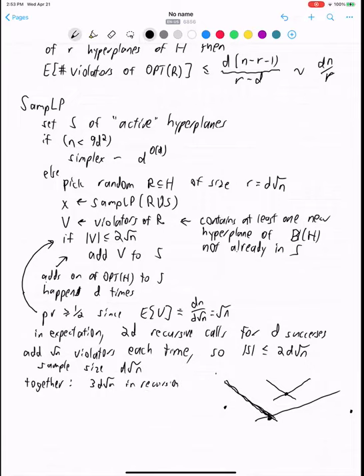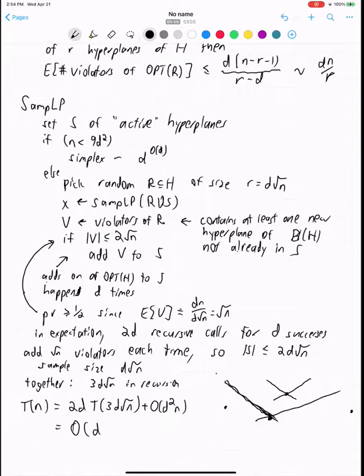And so let me write down a recurrence, because to solve this size n problem, we have 2D recursive calls that are each on a subproblem of 3D root n constraints. And then there's the extra work of checking which constraints are violated and so forth. And when you work out that recurrence, it comes out to a basic term that just comes from checking for violations, plus what the recursion costs you, which is log n over d squared